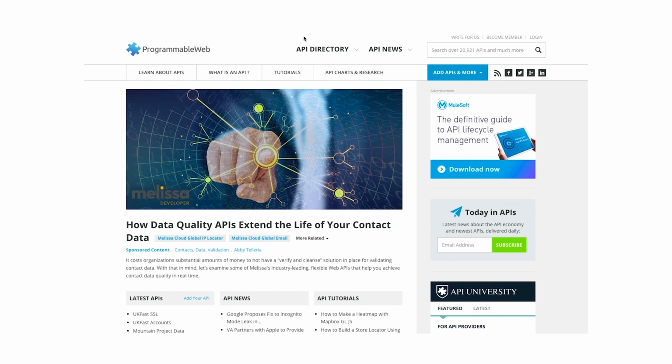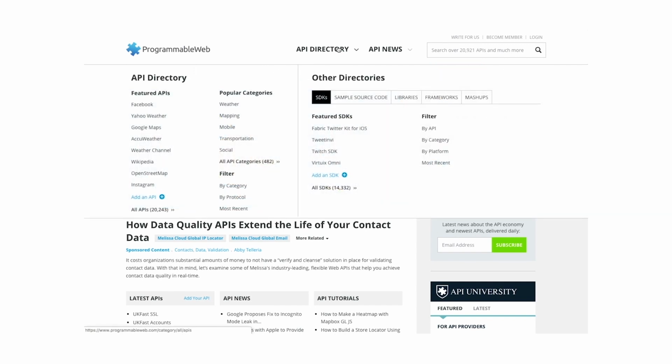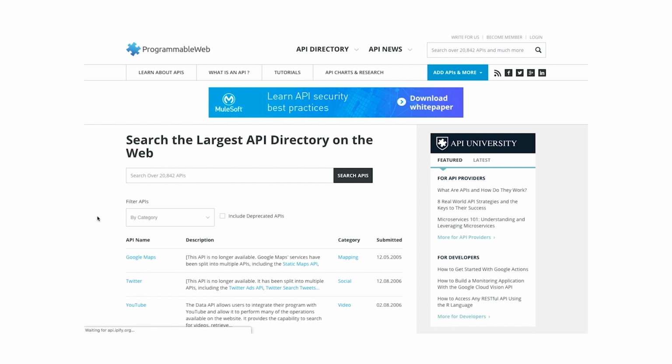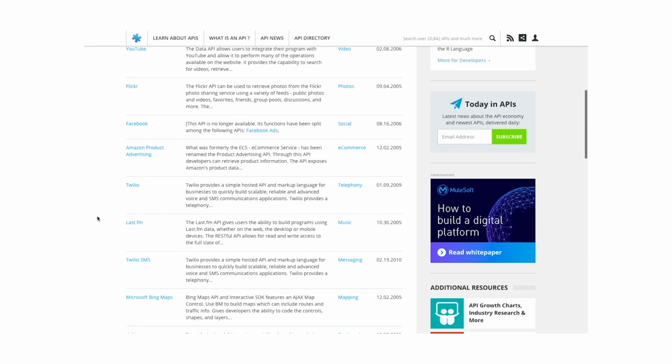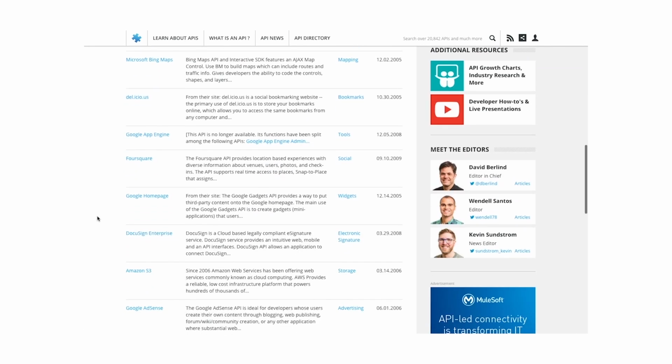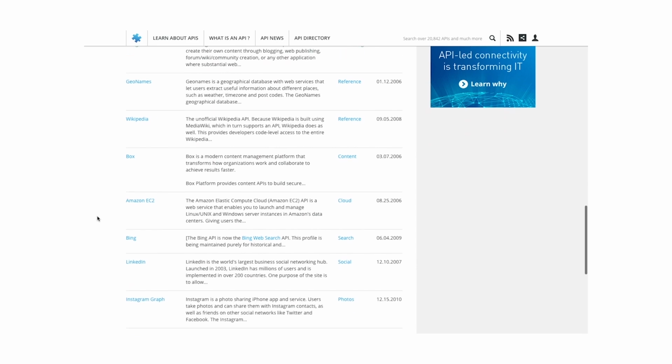If you're trying to get ideas about which APIs exist, then go to programmableweb.com. At Programmable Web, you're going to be able to see basically all the APIs in the world. So you're going to be able to say, okay, these are the open public APIs that I have access to. How can I use them to bring in more traffic to the top of my product? And you just have to get creative. I mean, there's thousands of APIs in the world giving you access to thousands of different kinds of data and different kinds of users. And depending on what your product is, you'll connect those dots in different ways. But go to Programmable Web and just see what's possible.